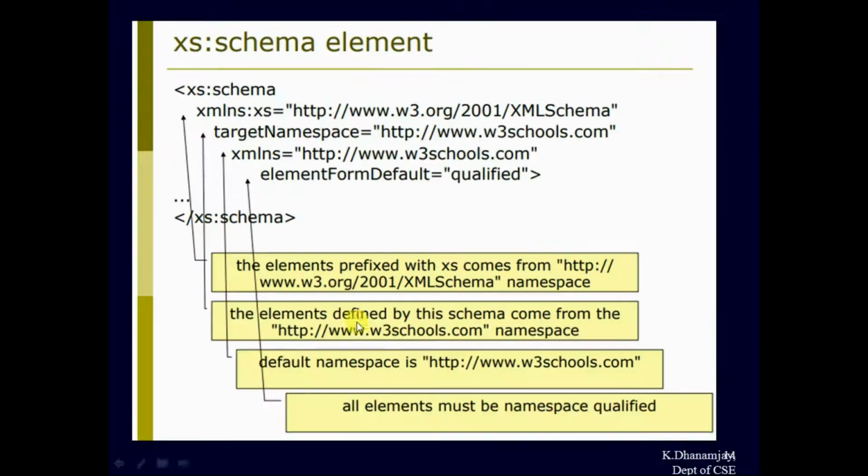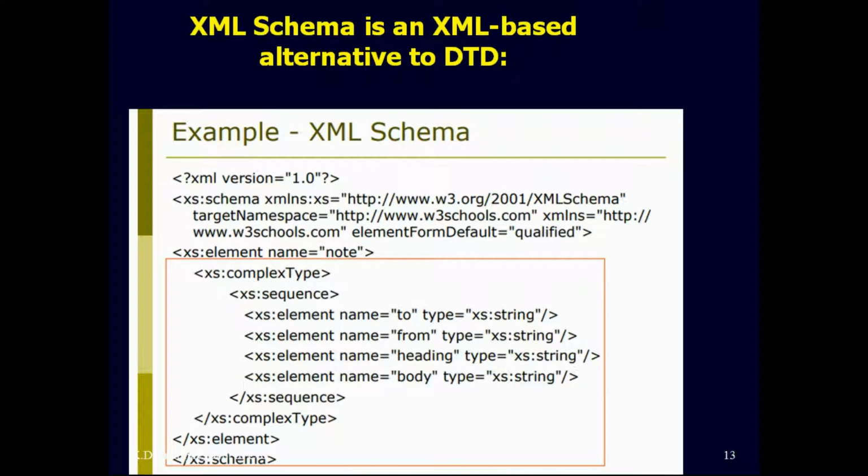And let's see what is meant by each and every namespace. Let's have a look here. Before that, I want to tell you about each and every line: xs element name defines an element called note, and complex type refers to the note element being a complex type. And then the complex type here has a sequence, the complex type is a sequence of elements. Complex type is a sequence of elements.